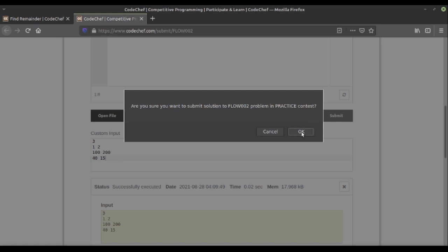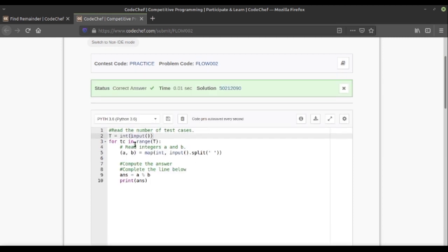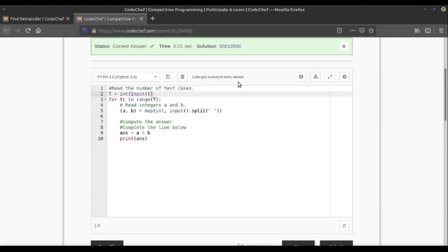There was an issue with raw_input. As we have shown in the previous videos, it is preferred to take inputs using input instead of raw_input, because there are some issues, I think. So just change this from raw_input, and for the remainder, modulus is the operator, so it printed the answer.